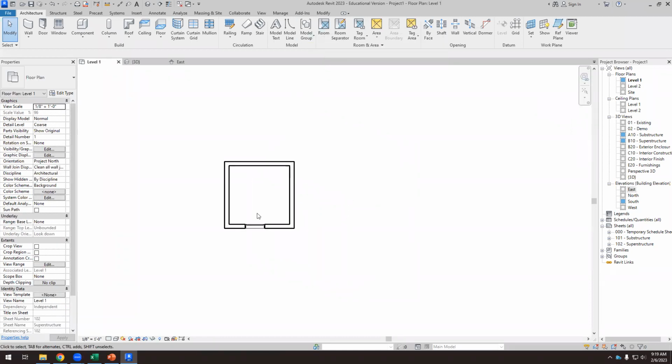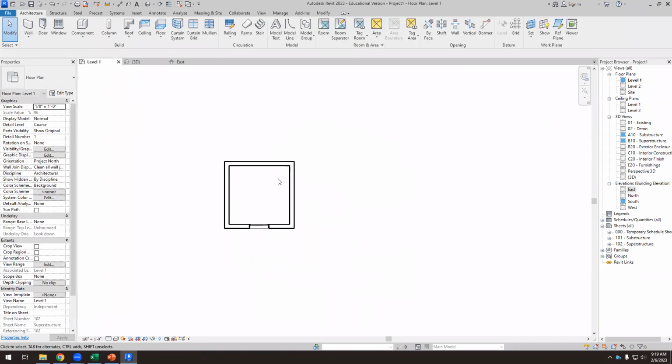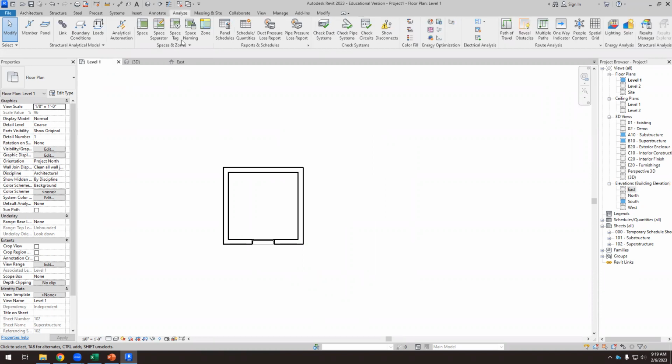And if we click here, don't do it. But if we have rooms, we have the area and we have different properties of the room. But rooms don't work to simulate the thermal properties of the building. So we have to use spaces. So we have to go to analyze, space,